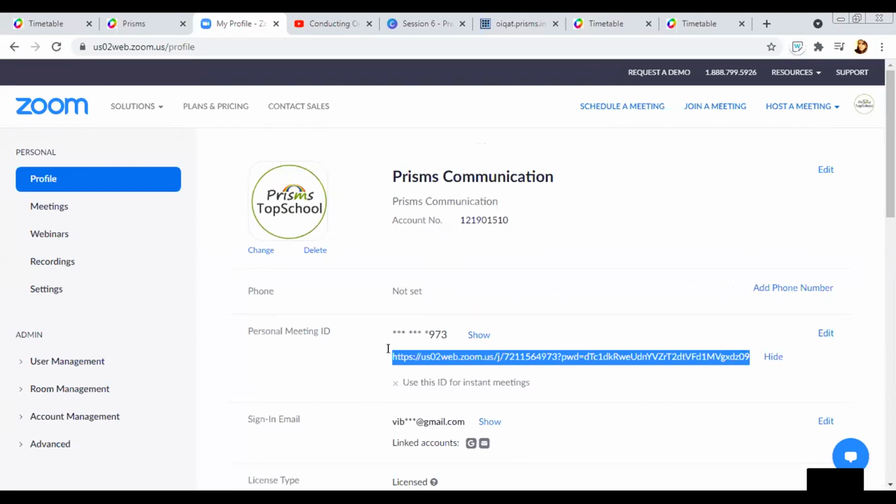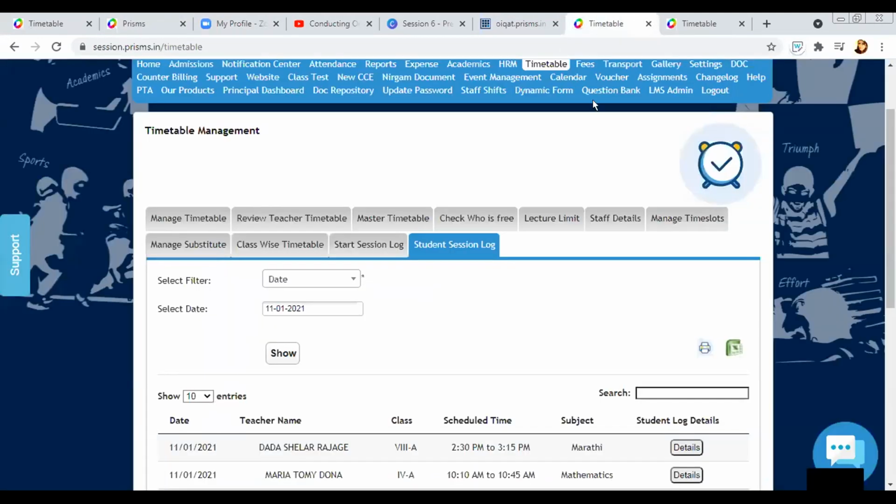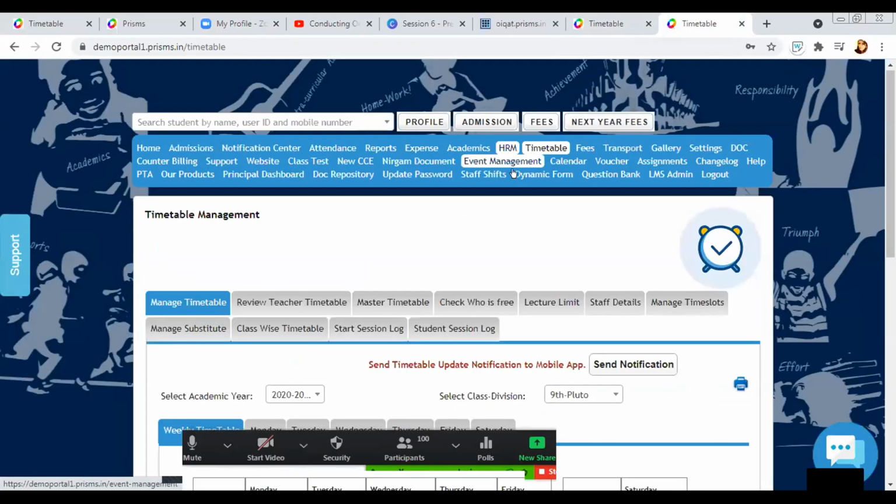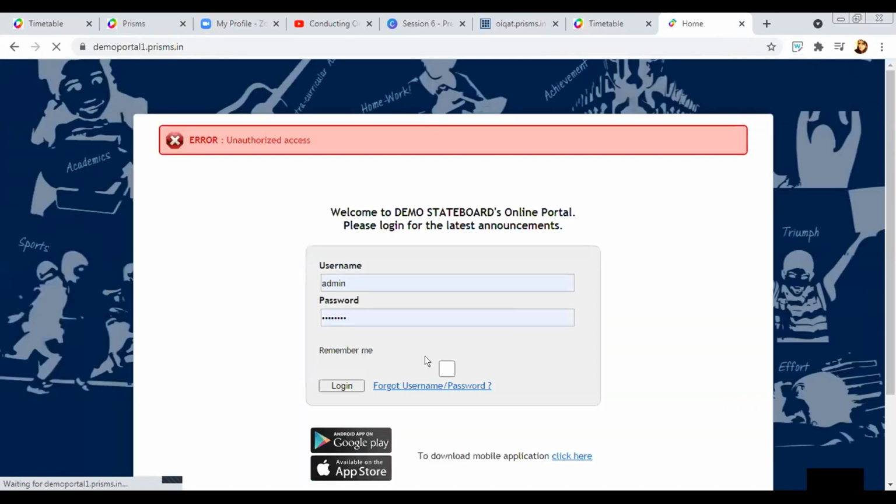Now the sending part is the teachers'. After they send that ID, you need to copy it, and then you need to go to HRM and sign in.